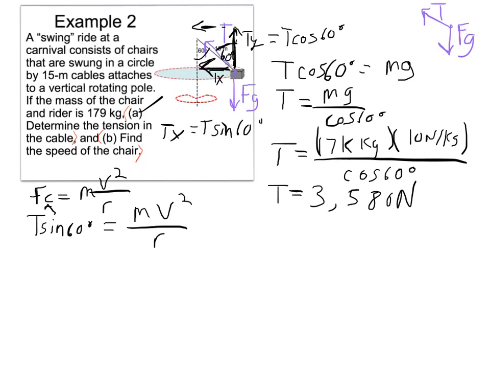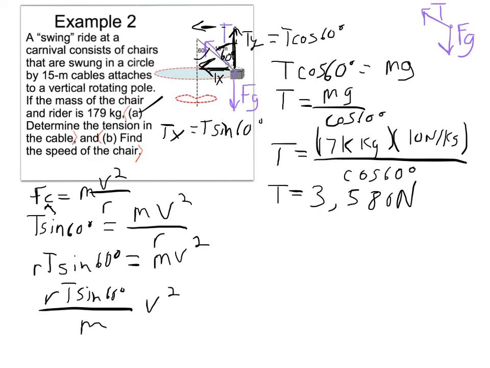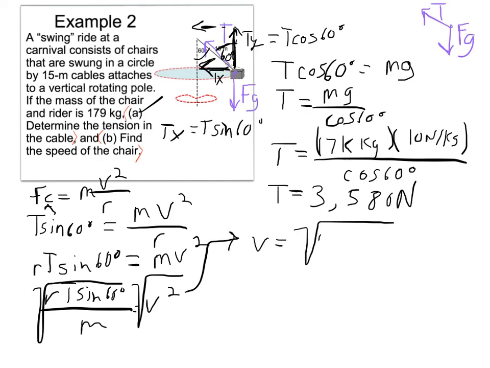And we're supposed to find the speed, so multiply by r to get rid of it. Now I've got r T sine 60. I sound like a pirate. r T sine 60 equals m v squared. Divide by m, and I get r T sine 60 over m equals v squared. Take the square root, and we have arrived at v equals the square root of r T sine 60 degrees over the mass. And if I sub those numbers in, v equals the square root of